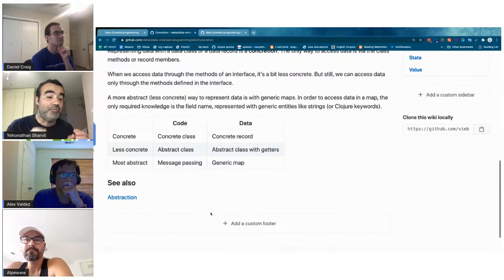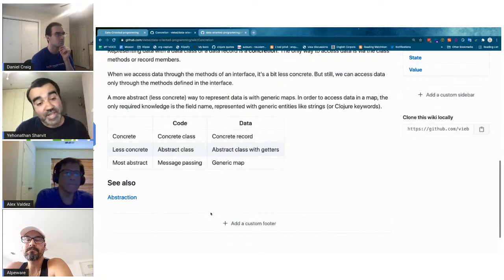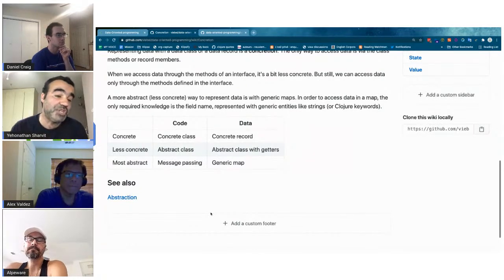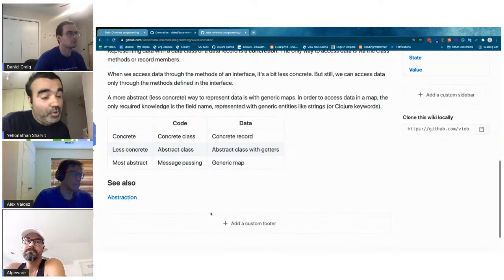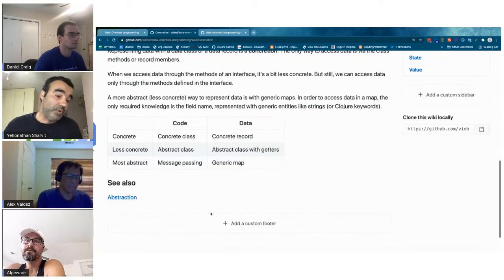We create more of a distance between the code and the data, and it's beneficial in terms of modularization, loose coupling, etc. And in terms of easiness, we lose something, and I think it's important when we talk with non-Clojure developers to acknowledge what we lose, and not to pretend that we are in the best world and we don't lose anything. We lose that when we use dynamic languages. We lose the easiness.